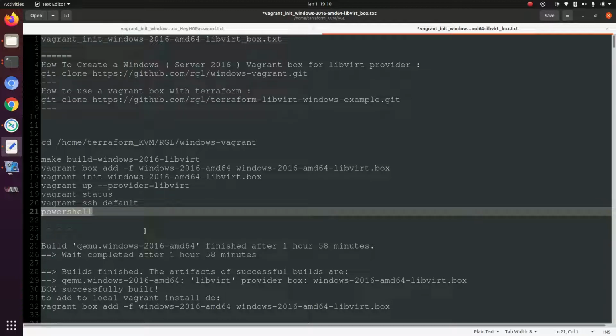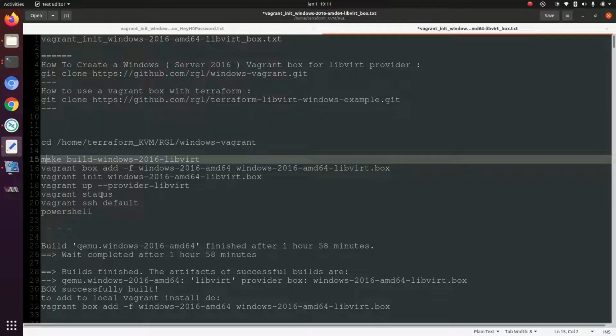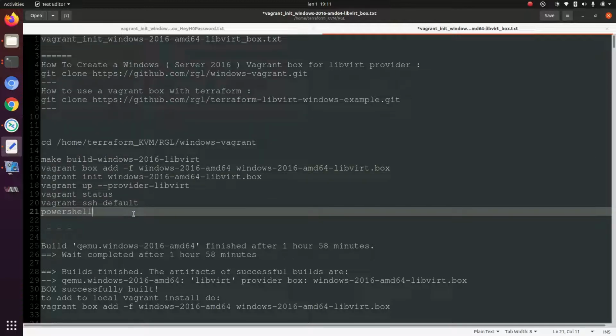When connected, we can start PowerShell, and we can also connect with remote desktop to enter in graphical mode. So basically, it's very simple. There are a few lines in order to create a Windows Server box, but